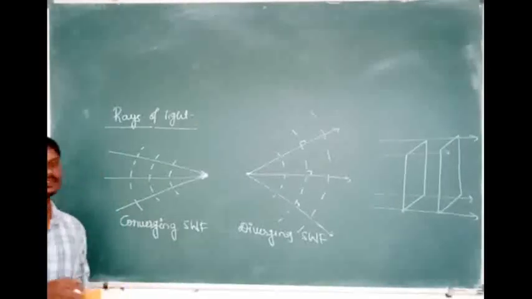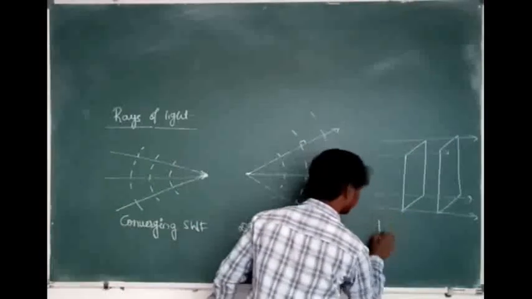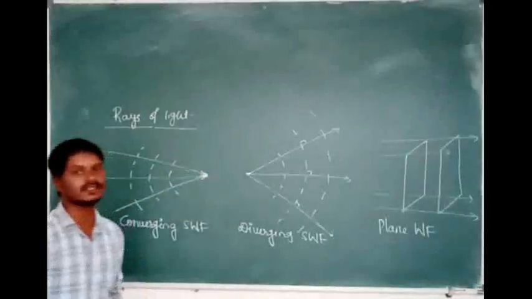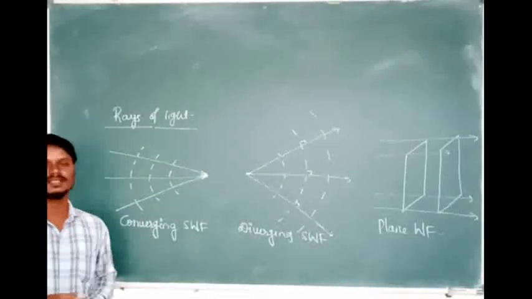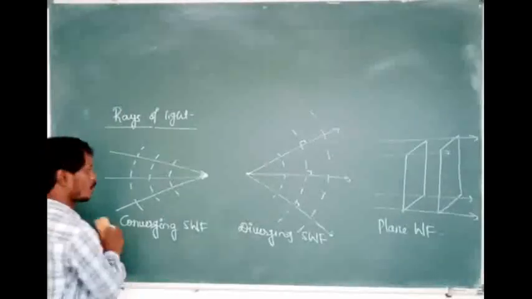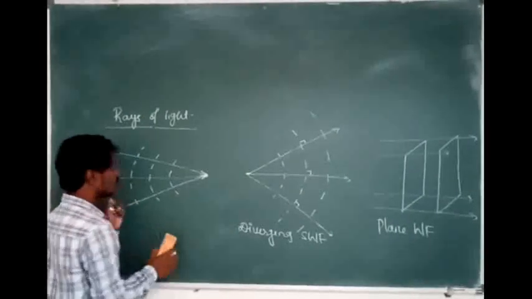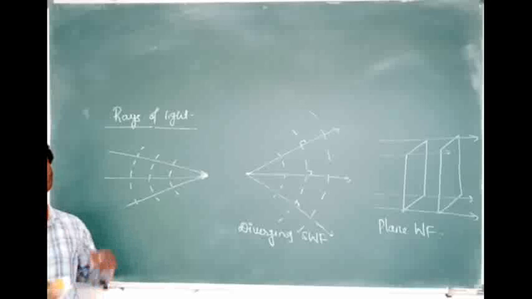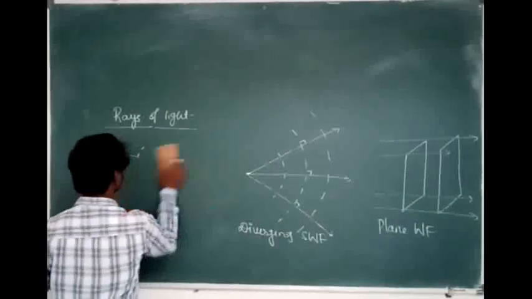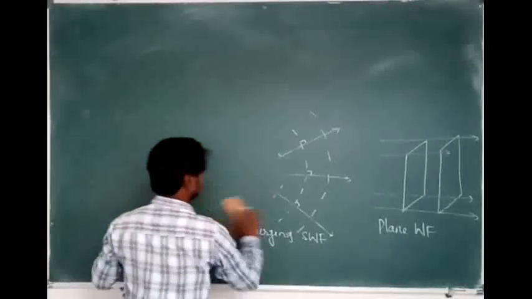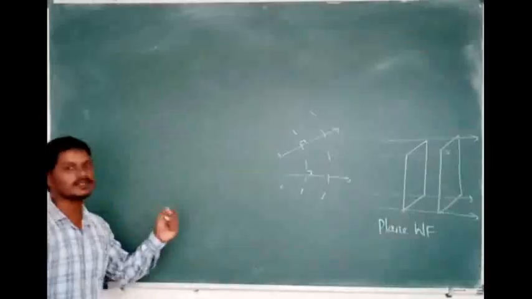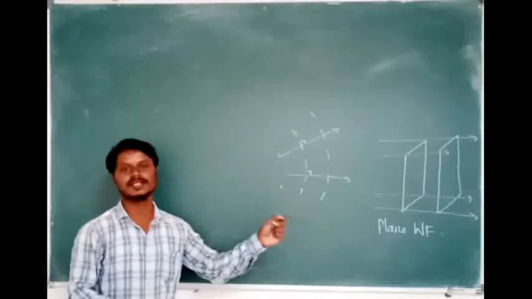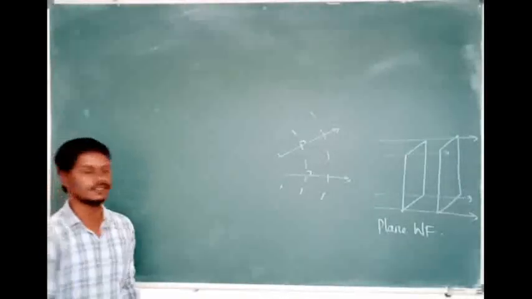Next we are going to discuss a very important topic. See here, this is the plane wavefront. Now, a very important topic from the chapter Wave Optics is the Huygens principle. What does the Huygens principle tell us? Huygens explained how the wave propagates in the forward direction, and also how to obtain the position of the new wavefront by using geometry.